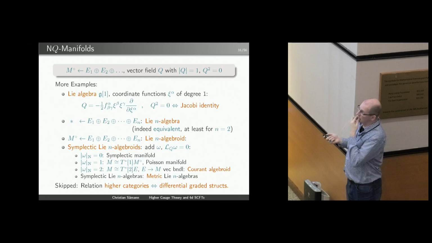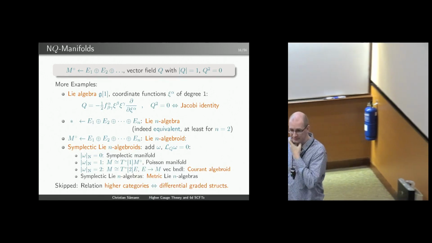Something else that you can do, which is very important, is that you can put a symplectic structure on these NQ manifolds. It should be compatible with Q in the sense that Q is a symplectomorphism, or an infinitesimal symplectomorphism. And then what do you get? Well, if omega is of degree 0, you get a symplectic